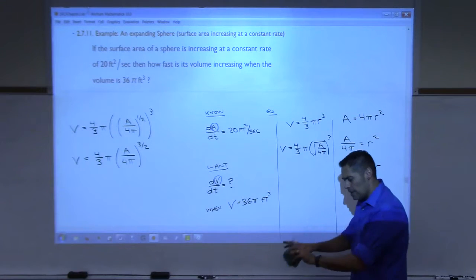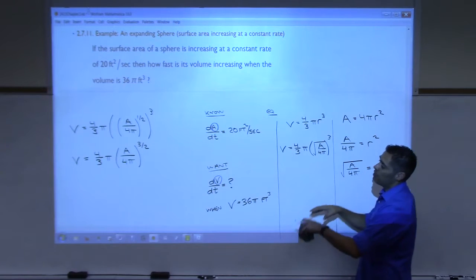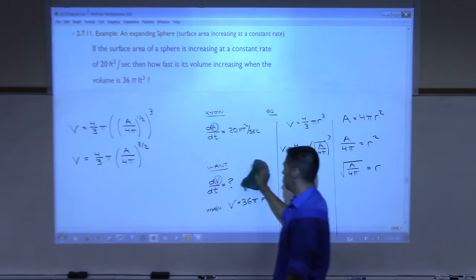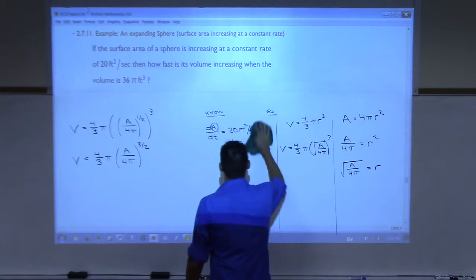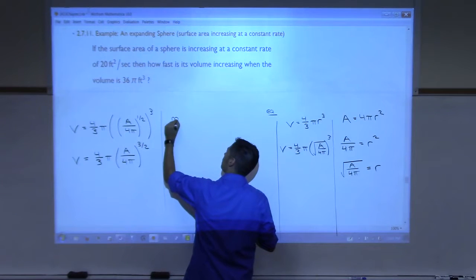That I should get a dV/dt. I always have trouble saying that. dV/dt pops out somewhere, dA/dt will pop out somewhere. It's just a question of, are we going to do this derivative correctly or not? All right, so here we go. My implicit,